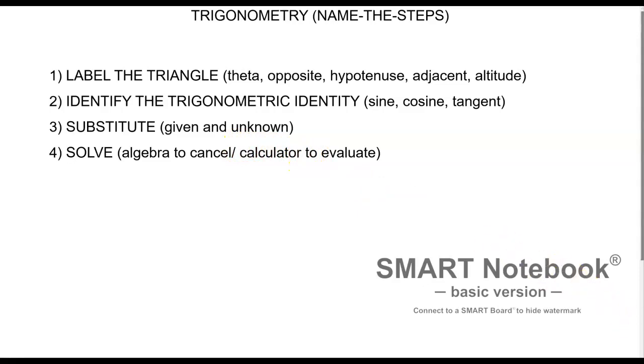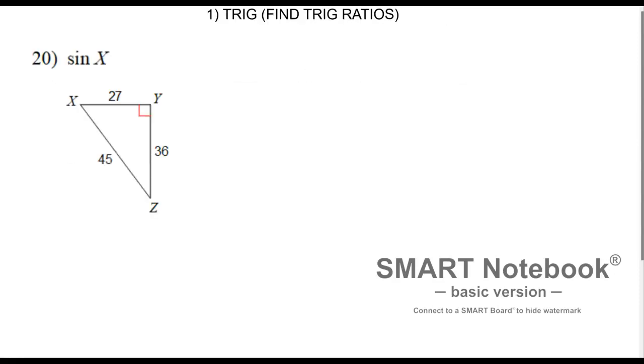So you want to go ahead and take some time, copy that, okay? And notice that we pretty much do the same thing over and over with all these scenarios. So let's go ahead and look at this scenario. This first scenario is trigonometry, finding trig ratios. Okay, so if you guys remember, these were pretty straightforward. They're asking us for the sine of x, right? So the first thing we want to do